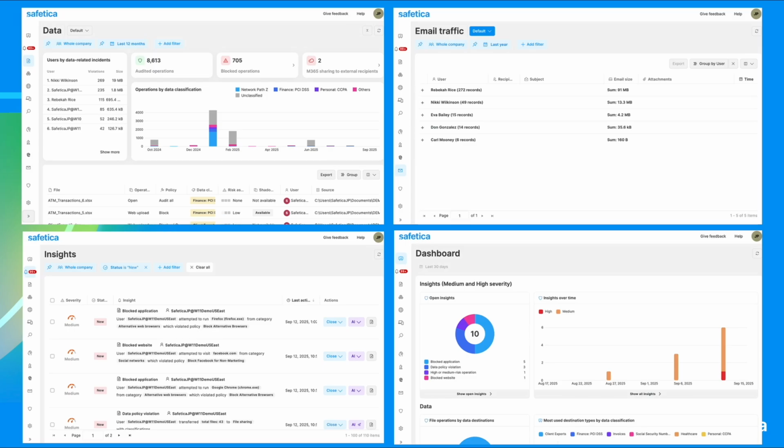And then on the bottom left there, we have our insights, which is basically just the alerting. And we are utilizing AI heavily within our solution to ensure that only the correct events are being alerted on. We do have AI built in for the DLP side of things as well as for the IRM side of things. And again, we'll be able to notice any abnormal or odd events that are occurring on the machines, even if we don't have any classifications or policies set for that. And we'll be able to bubble up those insights to you so that you can dive further and really understand what is going on in your environment.